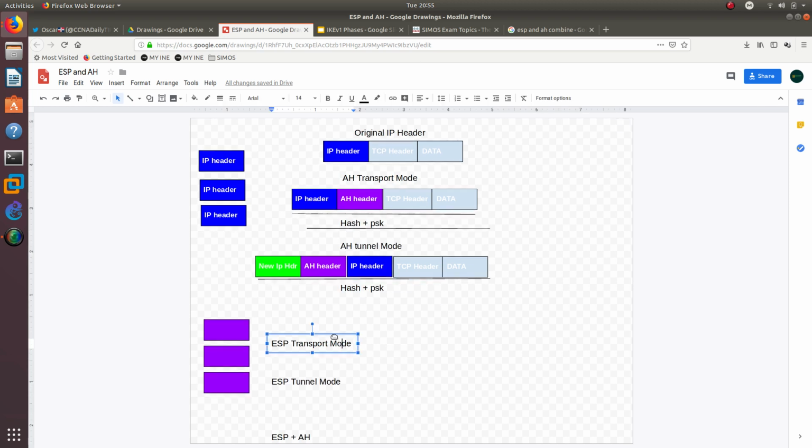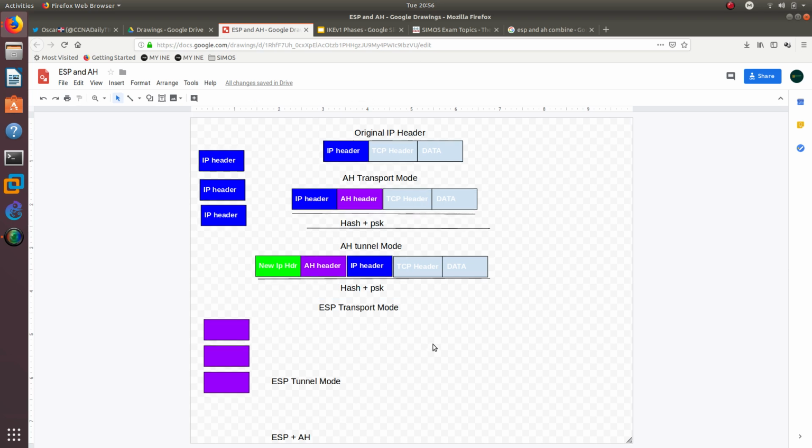Okay, so now let's move on and do ESP transport mode. ESP transport mode is the same as the AH transport mode, but the difference between ESP and AH is that ESP encrypts the data and AH does not provide encryption. It does not provide data confidentiality, but ESP does. So I'm going to show you guys how the transport mode works. The first thing is that for the transport mode, we do not insert a new